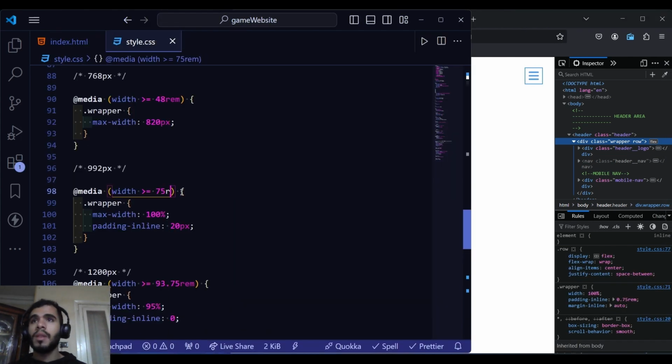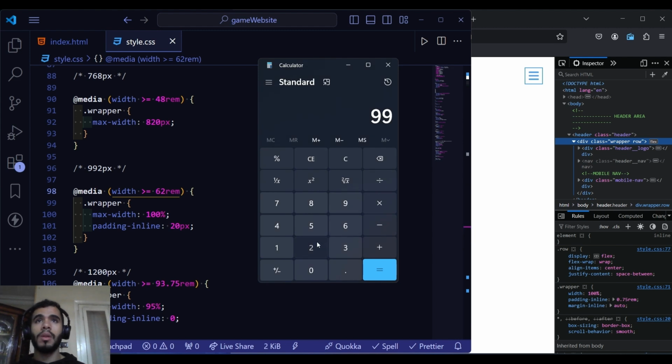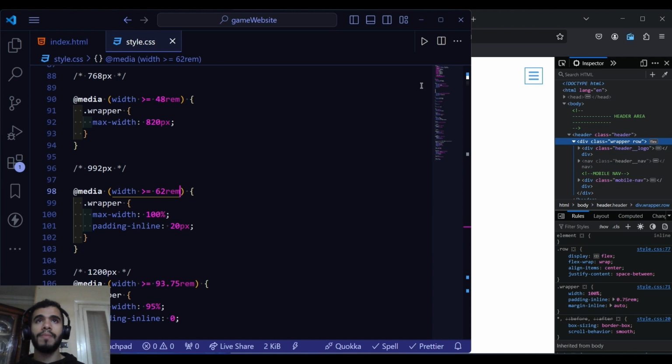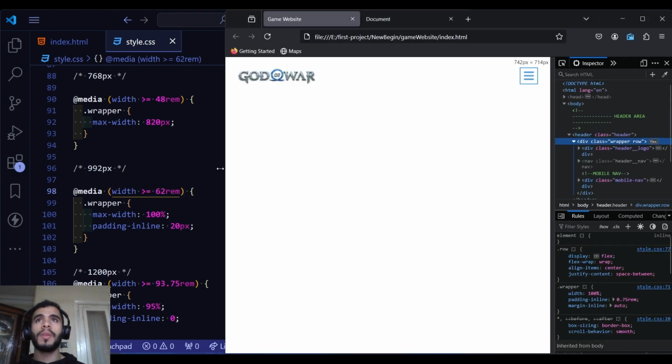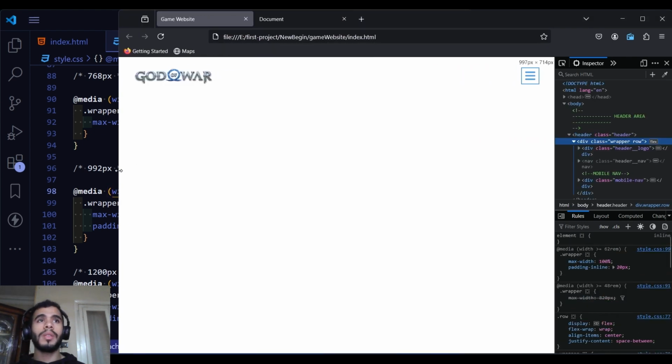I found the problem. The number here isn't correct. The correct number is 62 rem. You can see in the calculator, divided by 16. Yeah, that's the problem. Now you can see it. It changed. Wow,